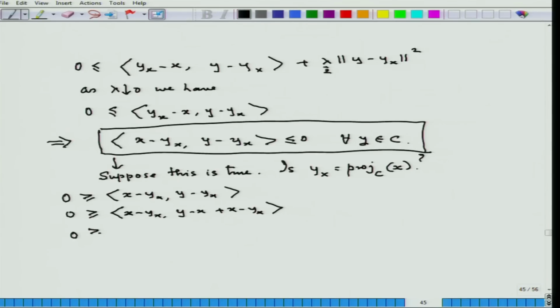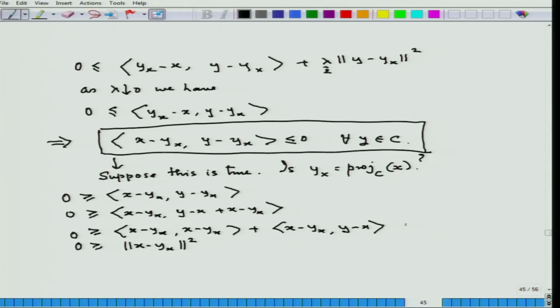So, again this would become, if you do the inner product, x minus y x with x minus y x plus x minus y x with y minus x. Now, this is nothing but x minus y x whole square